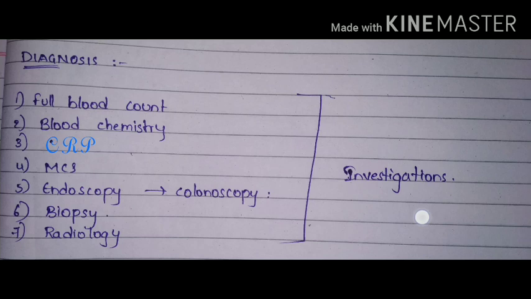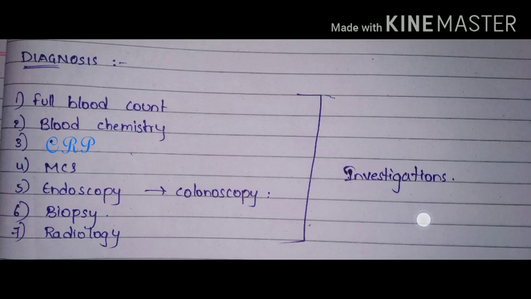And a biopsy is needed for the ulcerative colitis condition, where we can observe crypt abscess and crypt atrophy, and we can see signs of inflammation. And the seventh one is nothing but radiology. This is important for Crohn's disease because it is essential for the staging of Crohn's disease, and a barium test is performed in this condition. So these are the investigations we are doing in the IBD.